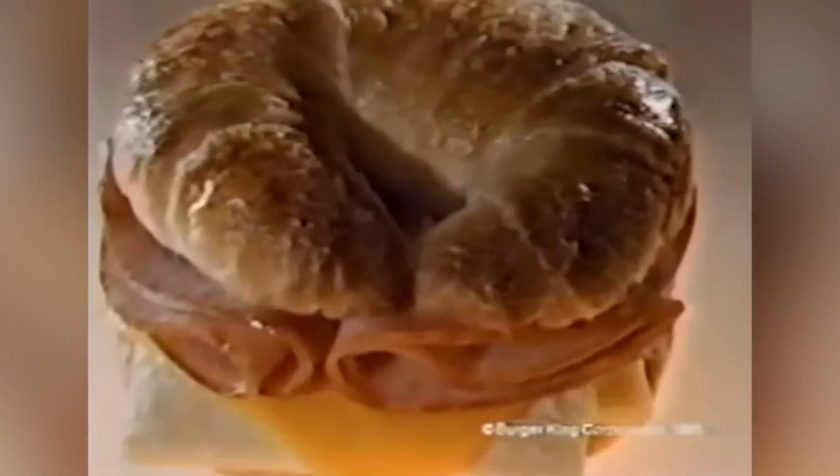In a nationwide test, our flaky croissantwich with golden eggs and melted cheese, sausage, bacon, or ham beat the stuffing